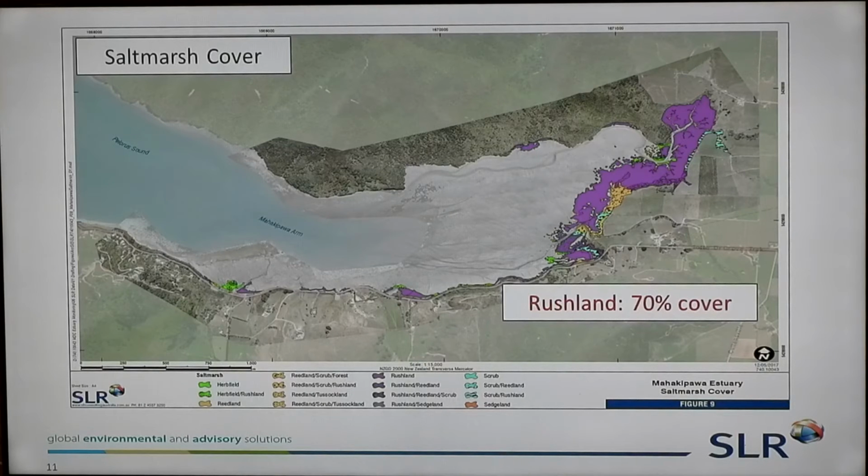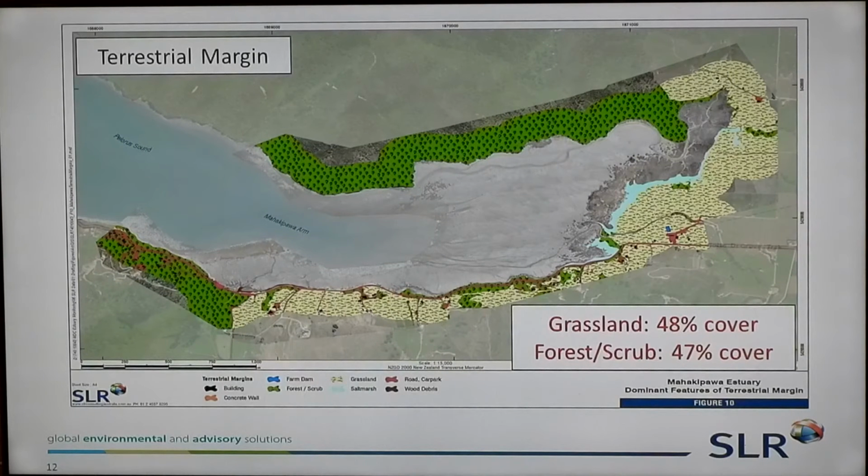Terrestrial margins, so that 200 metres outside of the estuary itself. The northern part is all largely regenerating native, and some larger native in there as well, which is great to see. And similar to Lee's work, some of the salt marsh communities did butt right up into the edge of that regenerating native. These eastern parts of the estuary up here, there's some dairy farming going on up in this